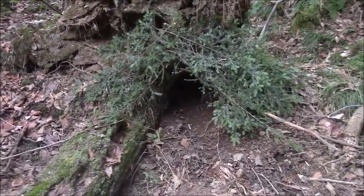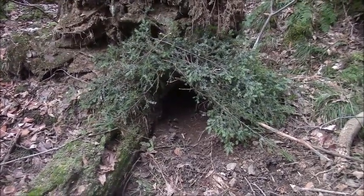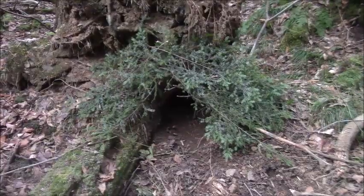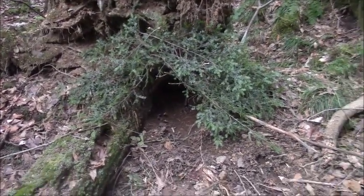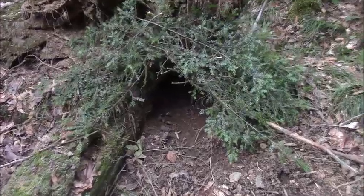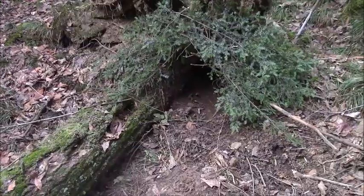Even fox will go into a small cubby like this. They won't go too deep. This one's pretty shallow. The other one was pretty deep. I was pretty happy with how deep that one was for the fisher set. But I think a fox would even enter this one a little bit. I might be able to catch a fox here, but on the other location, I think what I'm probably going